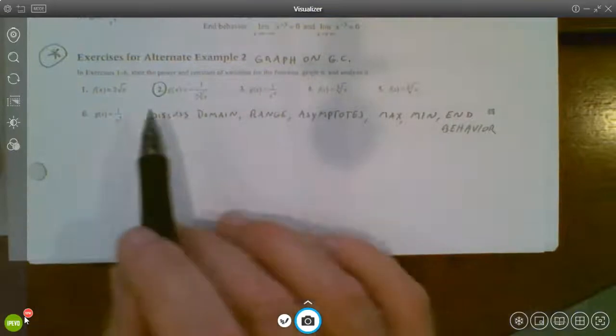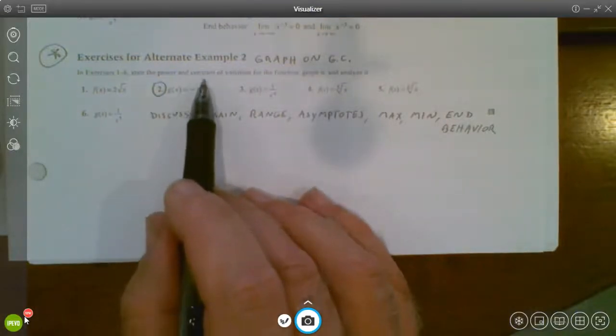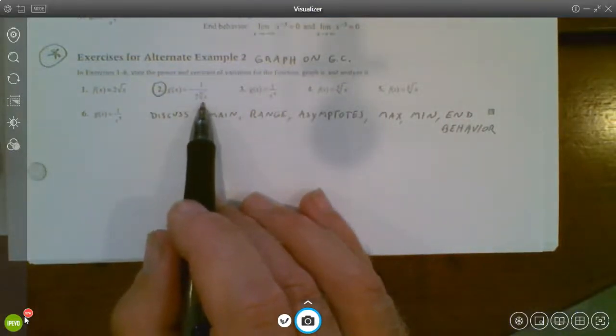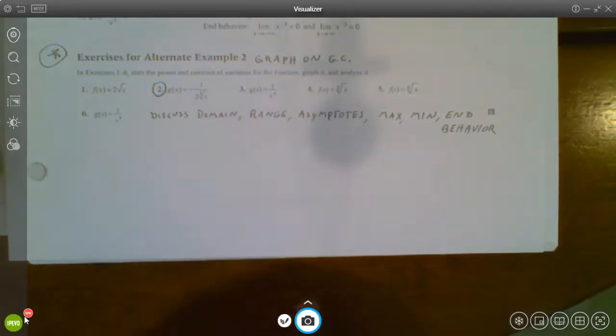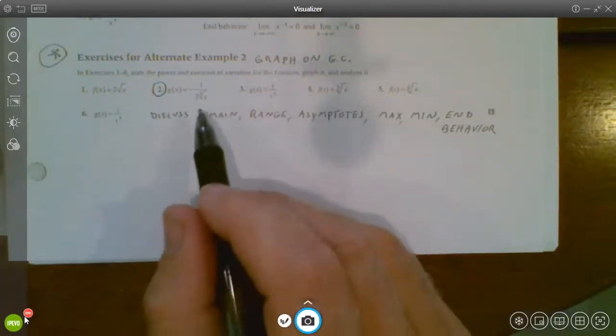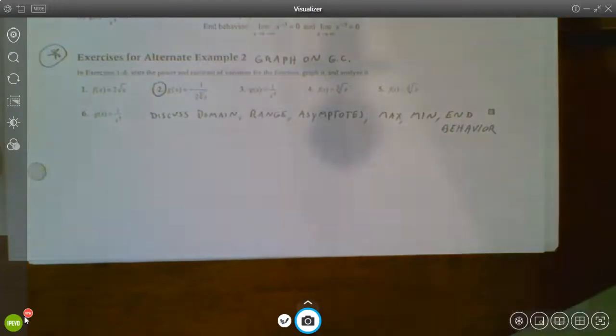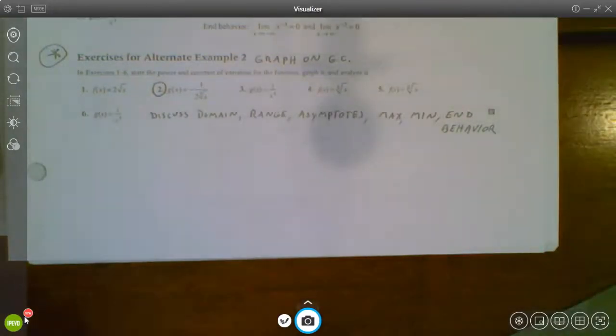So take a look at this one with me. It is -1/2 cube root x, the one that we're looking at right now. So let's throw that into our graphing calculator. So -1/,